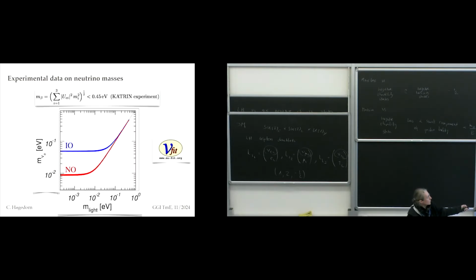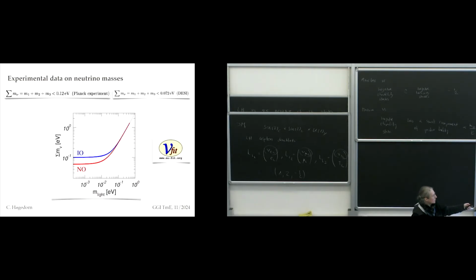So you are asking, just to understand: assume we once know the sum of the masses exactly, and we know the mass splitting. Then we can go to this plot, right? Assume we measure the sum of the masses, and then we can see where, these are the two curves which we can draw for the two different hierarchies which we have. And then we can see whether there is a unique answer or not, right? Is that what you mean? Whether you can really fix the lightest mass through knowing the sum?